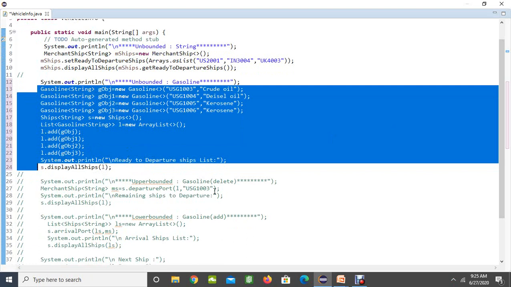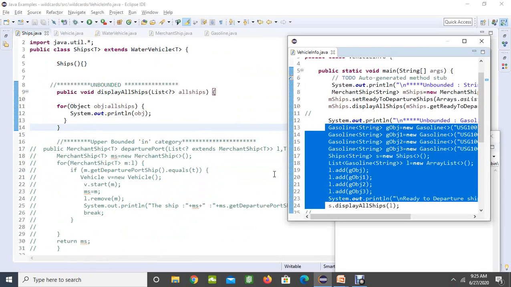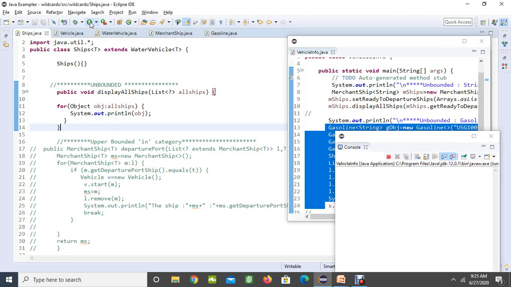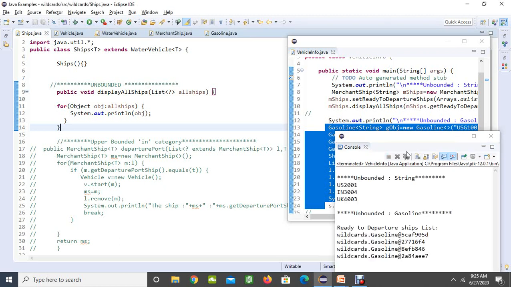Let me save this and run it and see whether we get those objects as a list. Now you can observe that we got the 3 strings, and for the unbounded gasoline method we got all the 4 objects displayed, stored in our list.